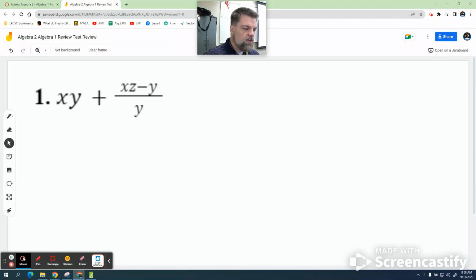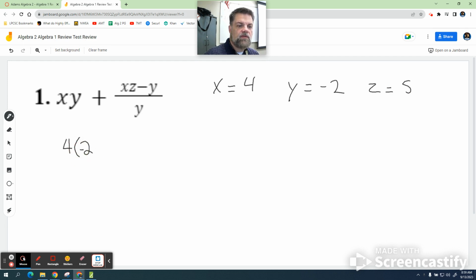So we're asked to solve this when x equals 4, y equals -2, and z equals 5. And so what I'm going to do is wherever there's an x, I put a 4. Wherever there's a y, I'm going to put a -2, plus, over here I have x, which is 4, times z, which is 5,